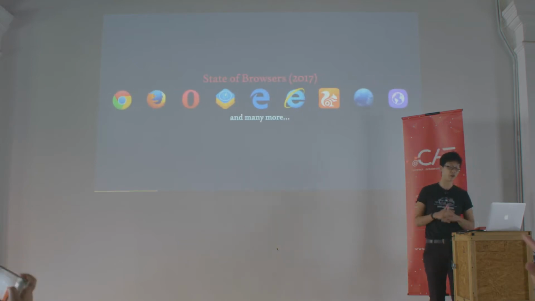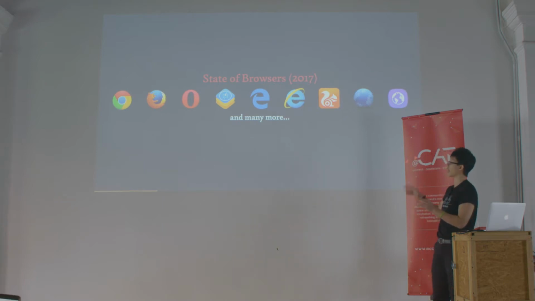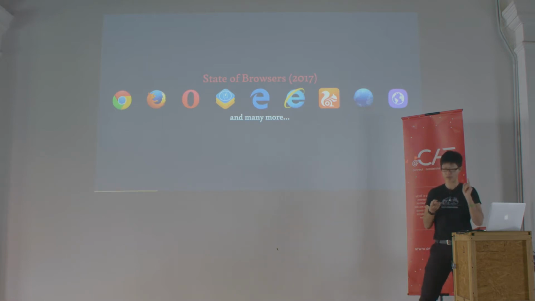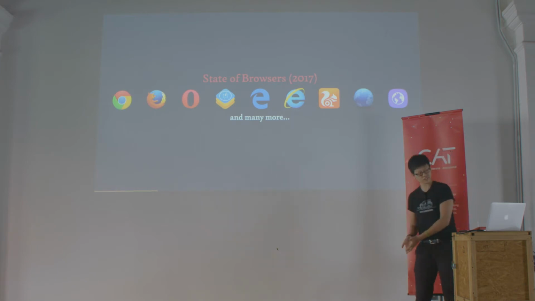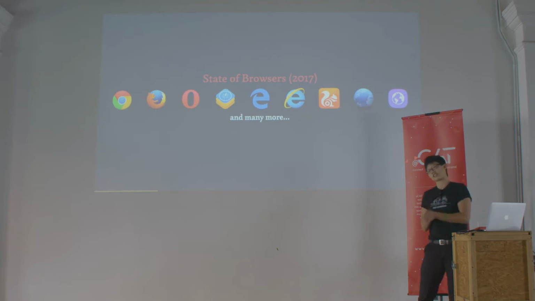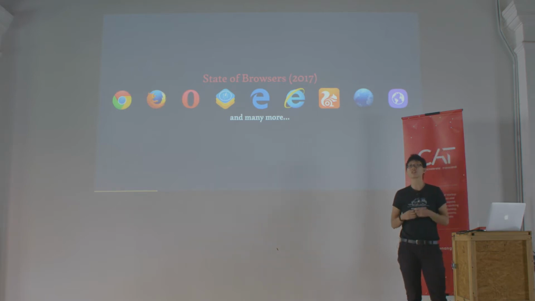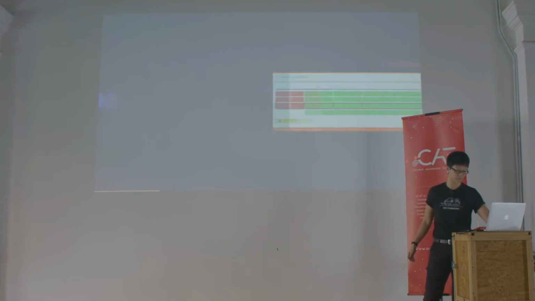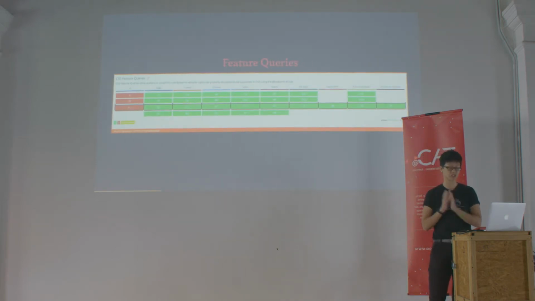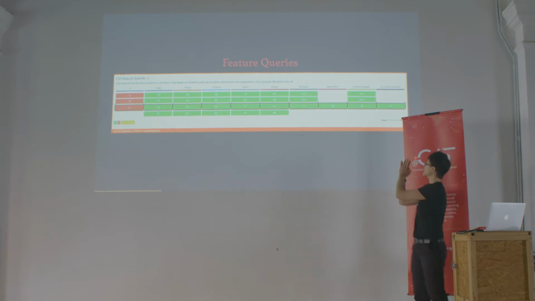People access information on the web predominantly through browsers, and yes, we do have a lot of them. But they're largely powered by 4 main layout engines. So we have Blink, Gecko, EdgeHTML, and WebKit. With the maturation of web standards, browser support is less unpredictable than before, although each browser still has its quirks. I mean, features are not released all at the same time. But you know what? That's not a big deal. If we accept this as a feature of the web instead of a bug, we've just opened up a lot more web design possibilities. Feature queries are the key to making this particular approach feasible. And support for it is really good.